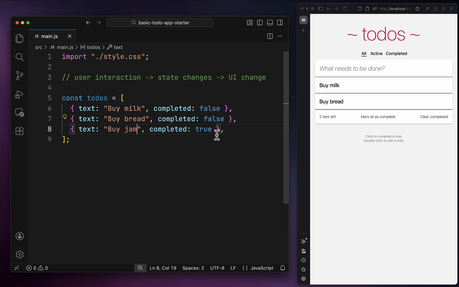Now, the other thing that we've got to be careful with is some easy way to get hold of different to-dos. That could be the text of it, if we assume that we can expect the user to have unique to-dos. That logically makes sense, right? Why would you repeat the same to-do? But